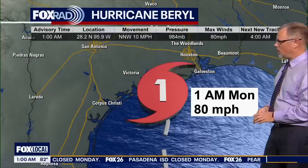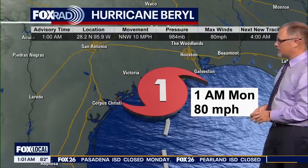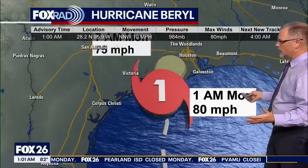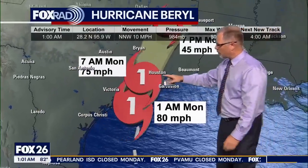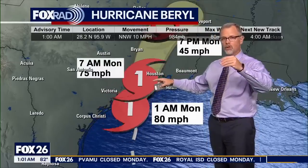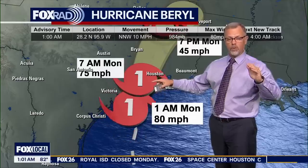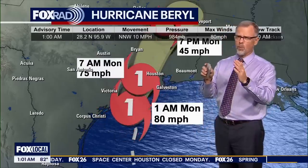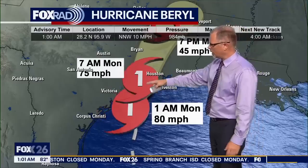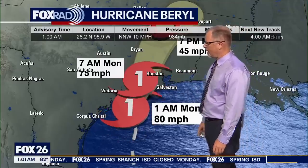So we're continuing to watch this official landfall as it's going to take place within the next hour. And the National Hurricane Center will be the ones who make that official indication. But at this point, it does look like the way this is trying to ramp up in strength that we could continue to see hurricane force winds all the way as far north as Interstate 10, somewhere between Katy and the downtown Houston area. That's kind of the ballpark on where we're looking at this track headed,